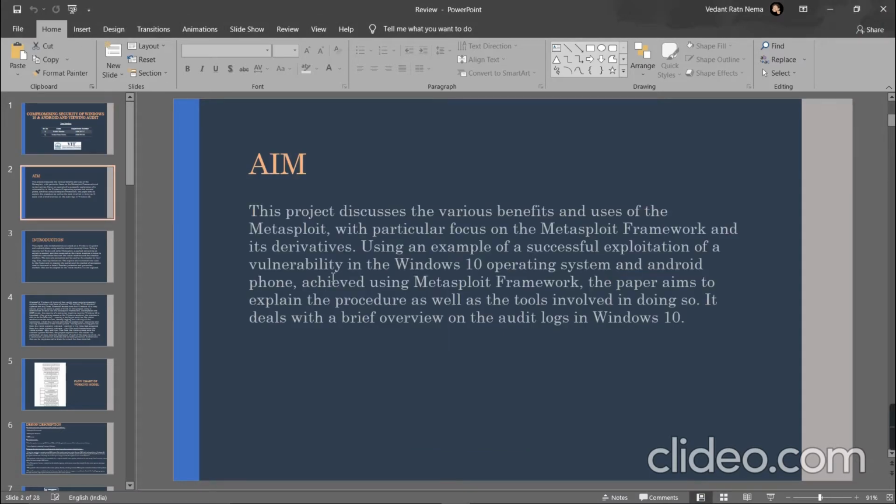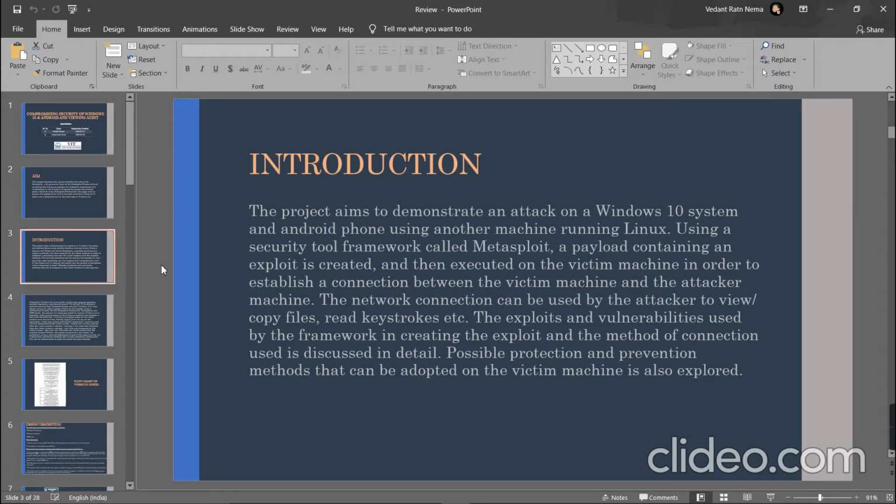Basically, the project discusses the various benefits of using Metasploit. Metasploit is nothing but another open source framework tool which is used for testing the vulnerability of different systems, be that Windows or Android or any iOS system. In this project, we will demonstrate the attack on a Windows 10 system